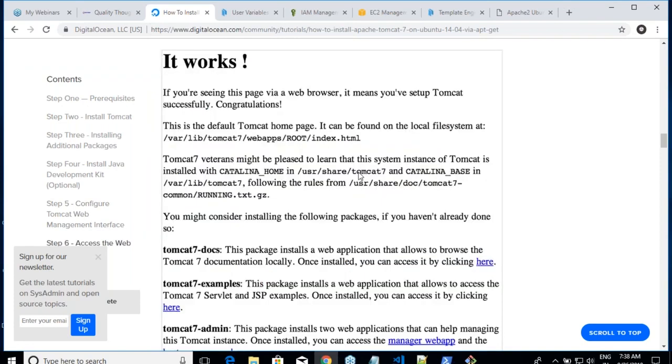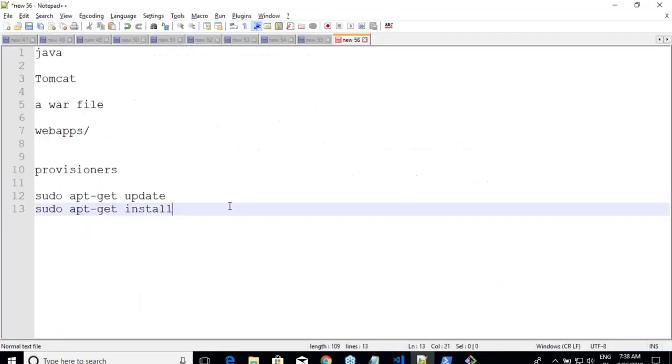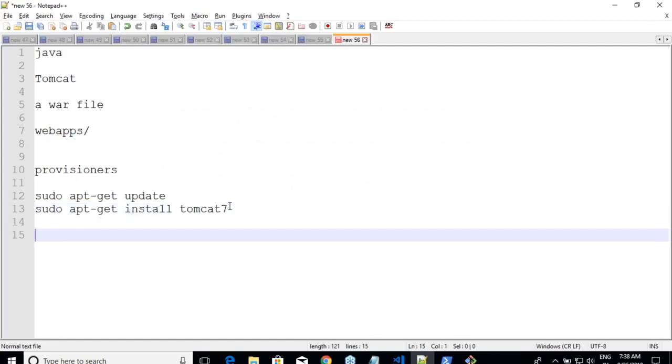So now what I want to do is I want to execute these steps. Let me write the steps manually first. I'll be executing sudo apt-get update, and then I'll be doing sudo apt-get install tomcat7, right? And once I do that, I need to copy a war file.